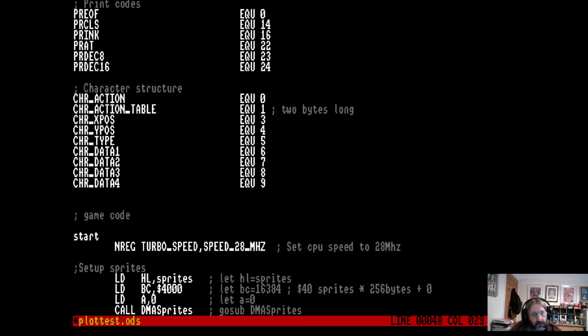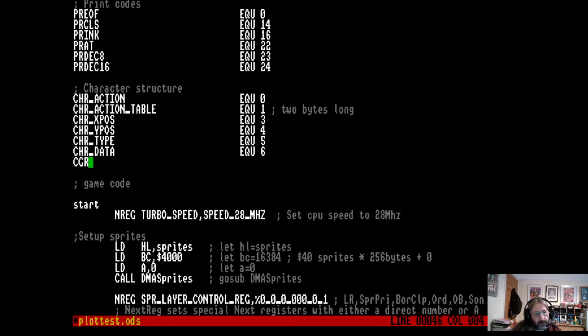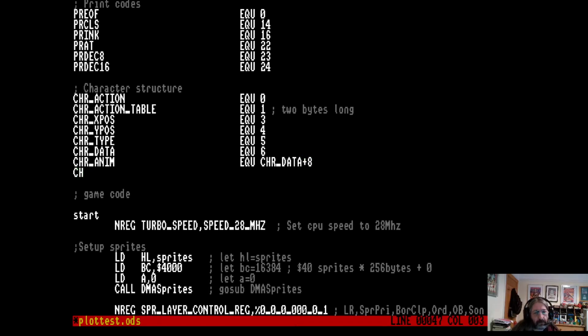Actually, what I will do is I will just give it data, and then I will just delete these lines, and then we can add CHR data +1, etc. And then we can have anim EQ CHR data +8, and then CHR frame EQ